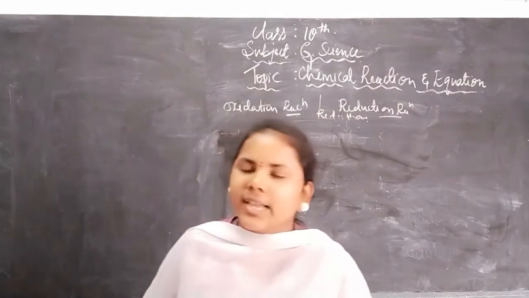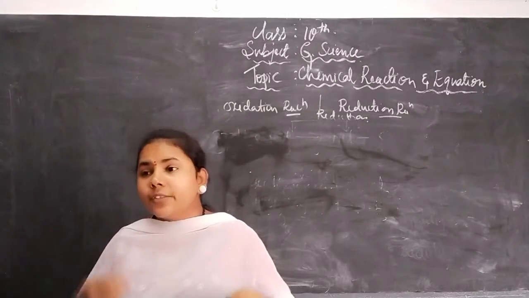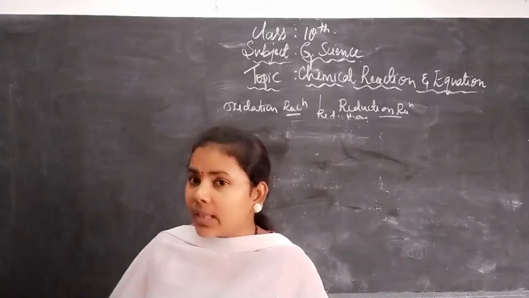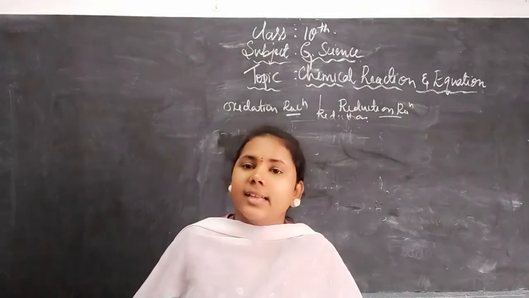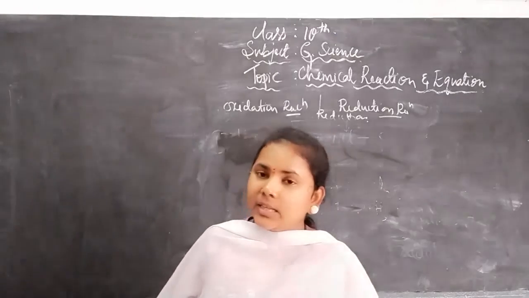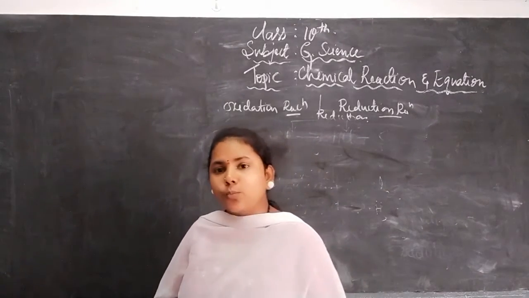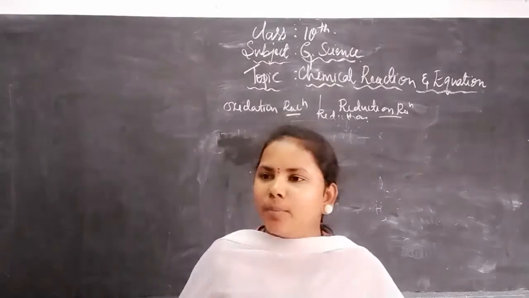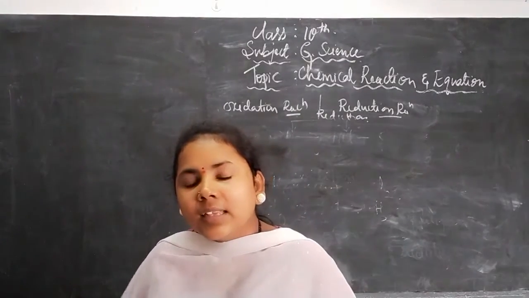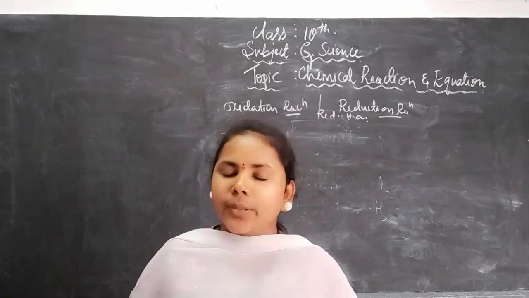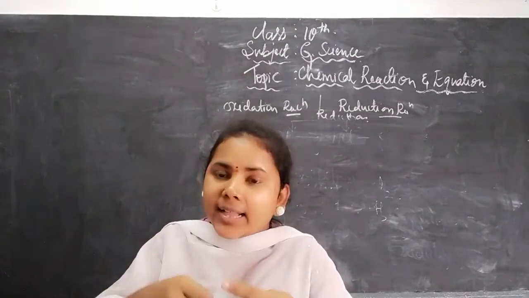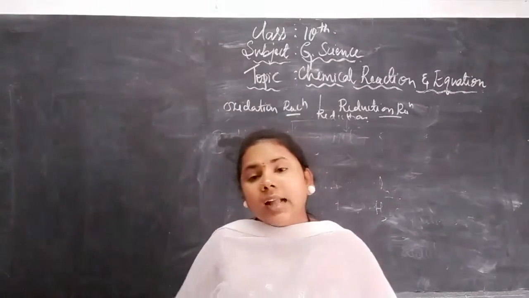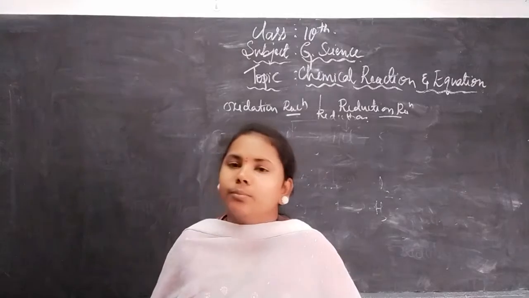Now where are oxidation and reduction going to take place? What are the different effects of oxidation reactions in the day-to-day life of everyone? Can you see the example of iron particles? When an iron particle is exposed to moisture or air, it becomes rust. What color is formed? A brown color layer is formed, right? What is happening in that case? There is an addition of oxygen taking place, and the iron changes its color to brown.